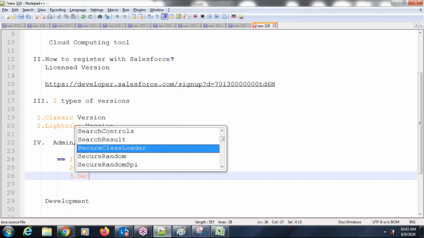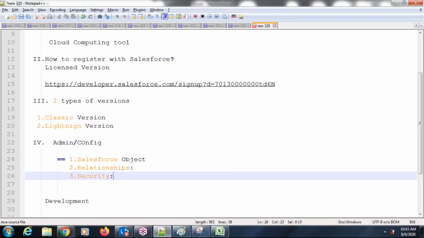The next concept is security. Before going into security, some general concepts. Assume that I am an ICICI Bank customer, and you are also an ICICI Bank customer. Is it possible for me to access your bank details? No, right? For you also, it's not possible to access my bank details. We all belong to the ICICI Bank platform only, but only the owner will access the account. The owner is the one who has the username and password.